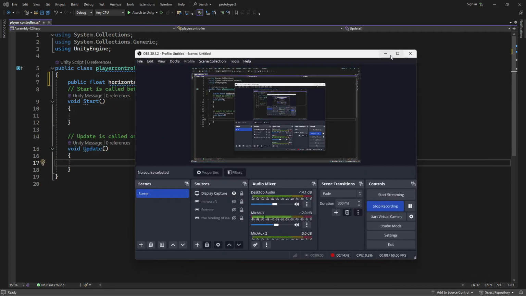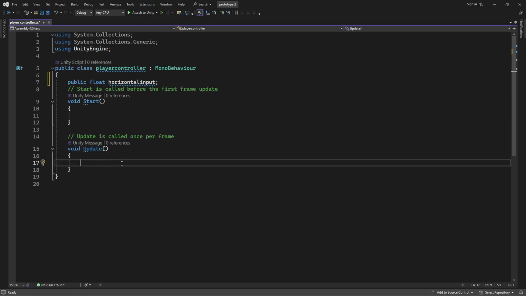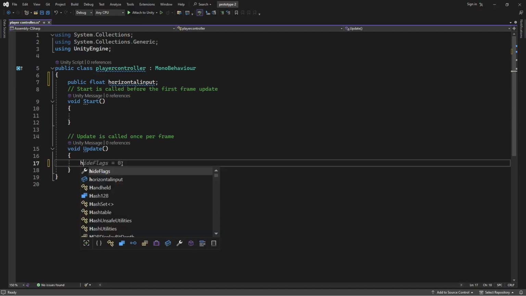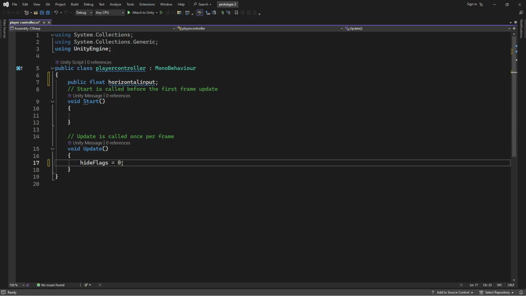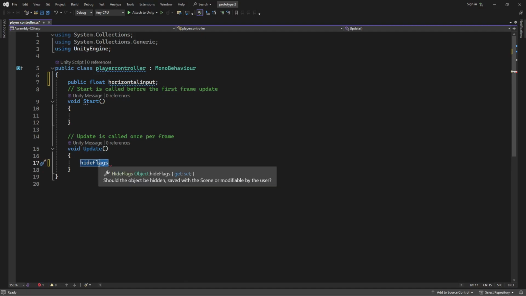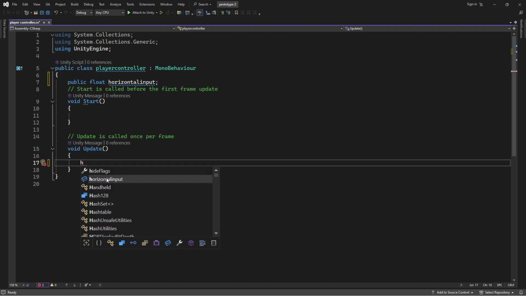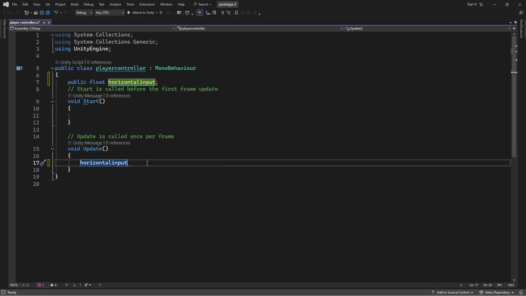Yeah, saying a lot of stuffs and doing a lot of stuffs. Just gotta make sure I'm recording. Okay, what do we do? Okay, it tabbed it. All right. Horizontal input. Horizontal input equal equals